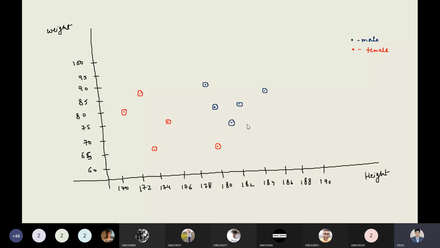This one is new data, and I just plot it at a random position. I can take a person whose weight is 95 and height is 175. So this one is new data. Now, our objective today in this PPT is to understand how to